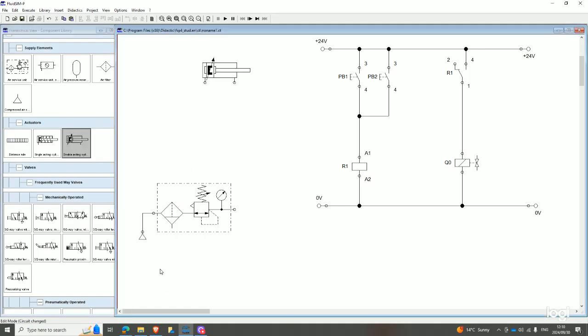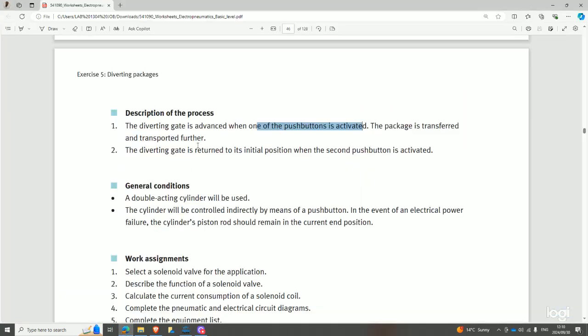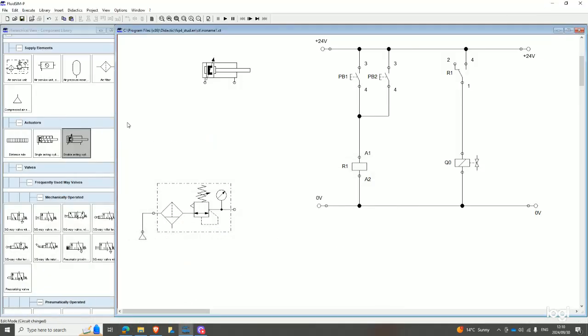Then again, going back to our statement here, they said the cylinder advances forward, right? They didn't say it goes back, right? It only goes back when you press a second push button, right? Which means there's a latching mechanism keeping the cylinder in the advanced position, right? So what you'll do, right? You will use